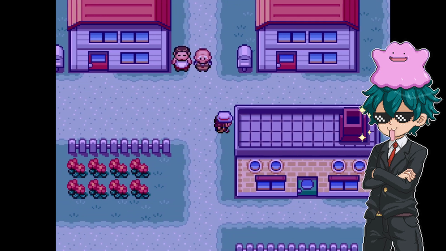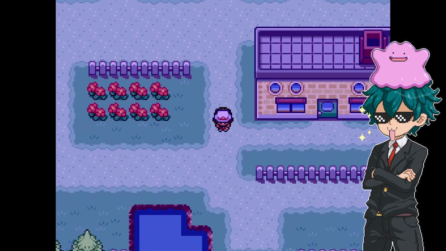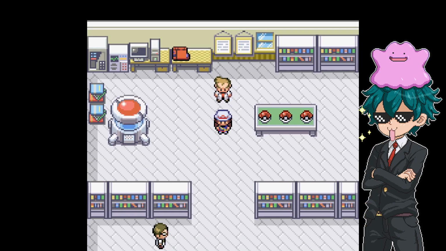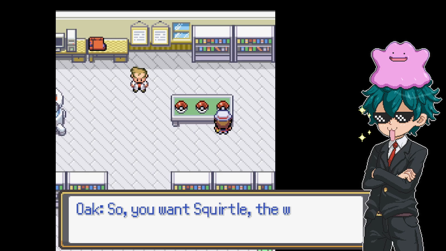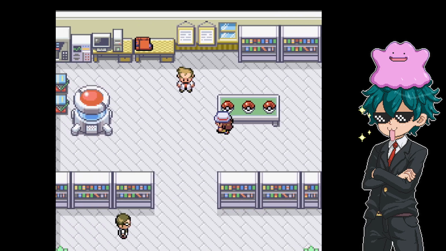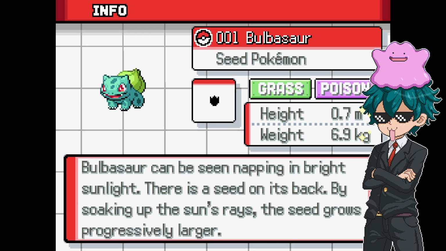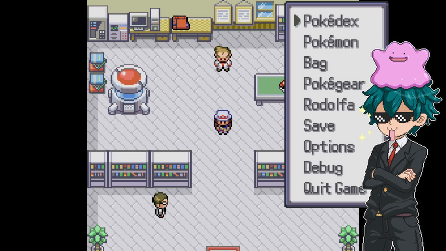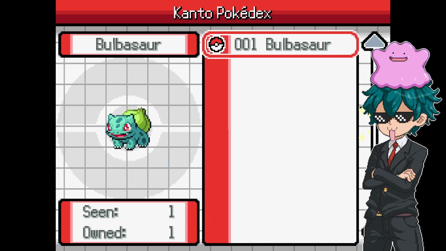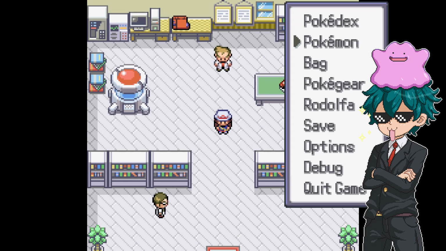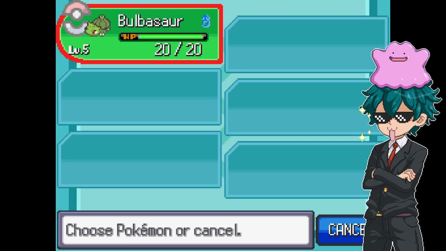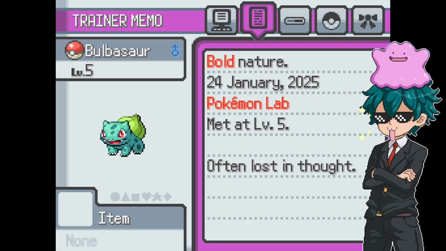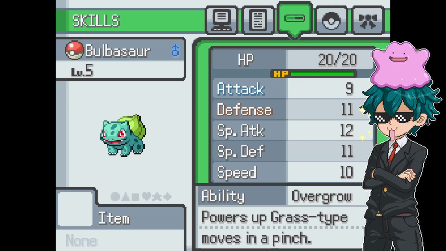So as you can see, you don't have to make anything to have a little base to work on. Well, which one do you want? I want Squirtle. I don't need Squirtle. Maybe a Bulbasaur enjoyer. Oh, of course, we have the Pokédex, so you have all the information on the Pokemon. Would you like to know? I don't need that. Well, as you can see now, we have the Pokédex. We have only seen a Bulbasaur, it's okay. And Pokemon. Let's see, we have the summary, where you can see everything about your Pokemon, the natures, the abilities,